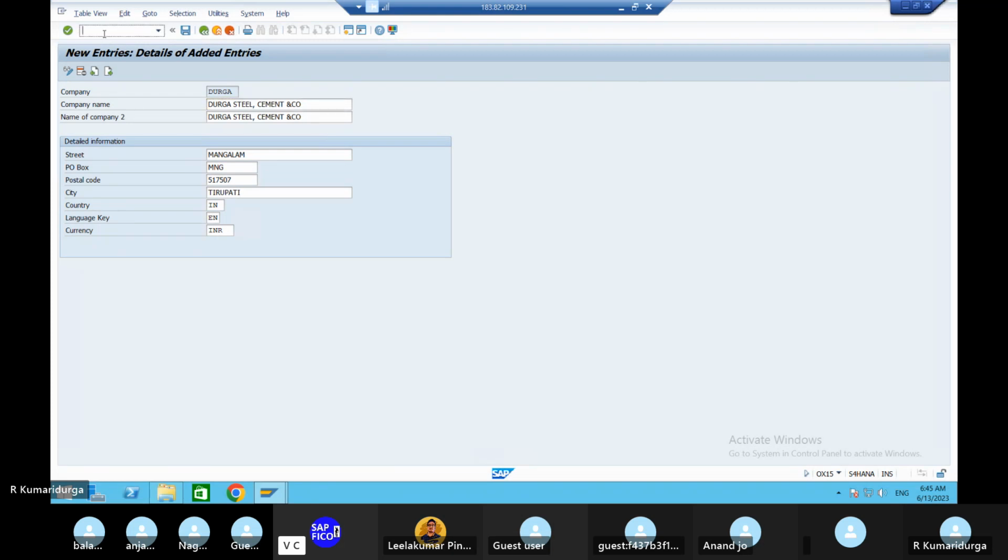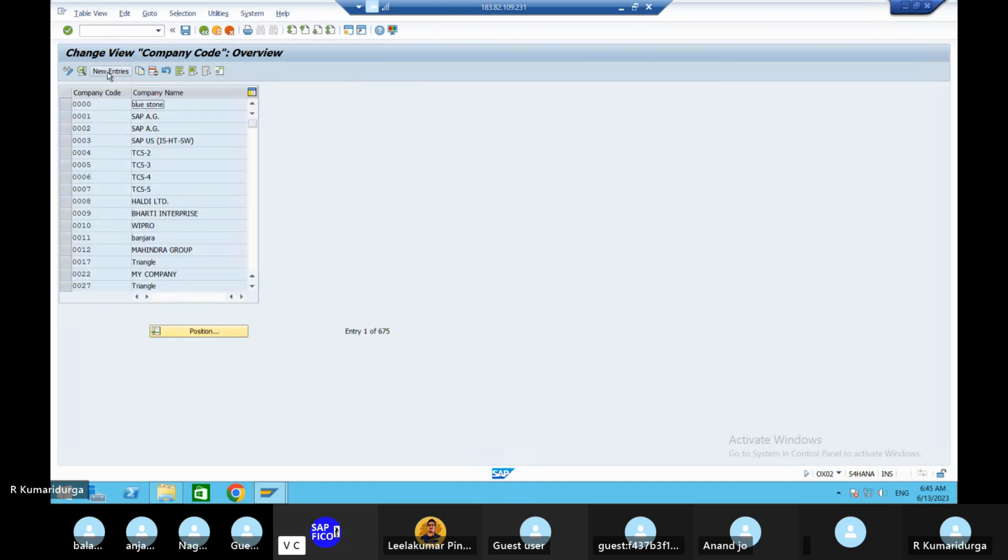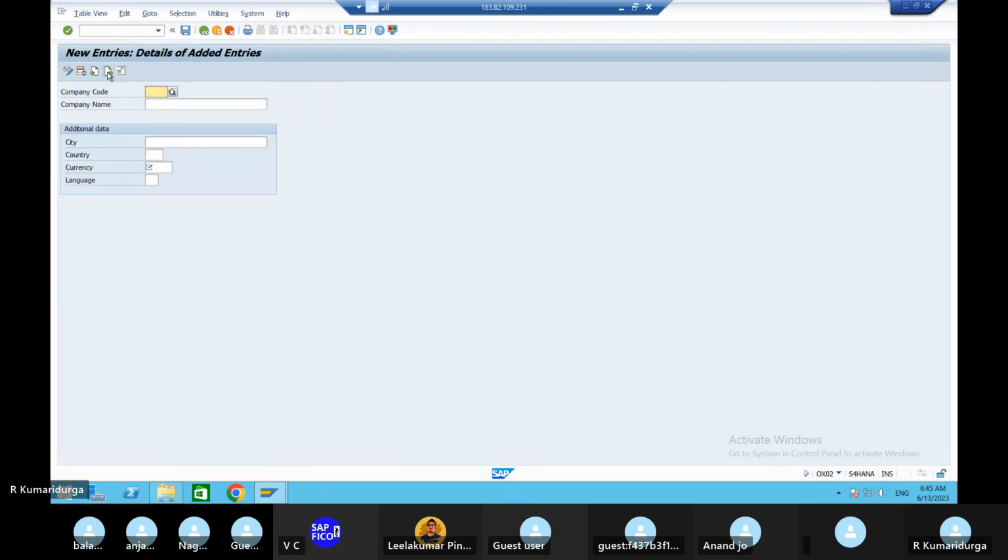Go to the transaction code OX02. Go to the new address, ma'am, and just give the company code. Company name, same thing, Durga Steel, Cement and Co. The next one is city and country